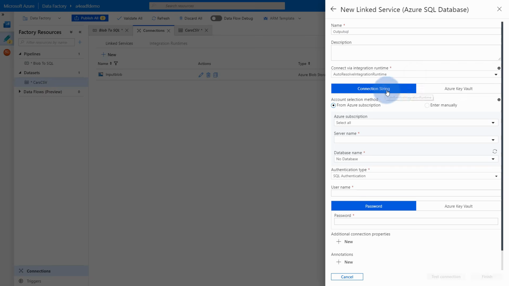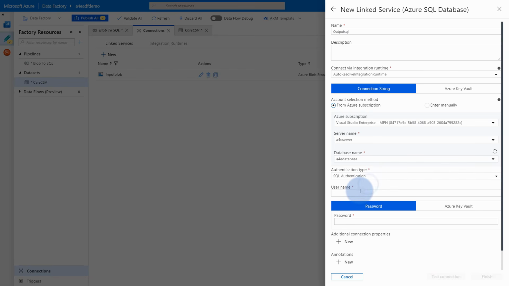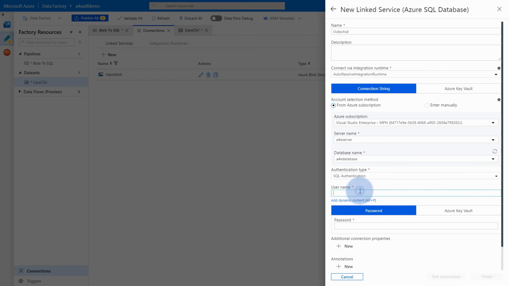We're gonna use the same integration runtime because we want to ensure that this is running on the same server. Next, we can connect to this, and we're gonna select connection string, and that connection string will be automatically pulled whenever we select our subscription, server name, and a database. Using this wizard, Azure will automatically grab the connection string to connect to this database, but what we need to do is authentication type also. So again, service principal and managed identity are the most secure ways, but for today we're just gonna use simple username and password. So our username was A4EAdmin,